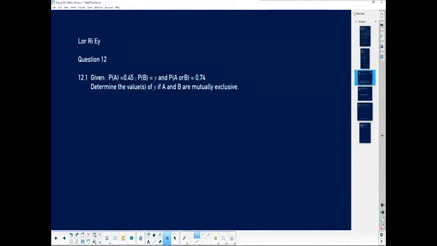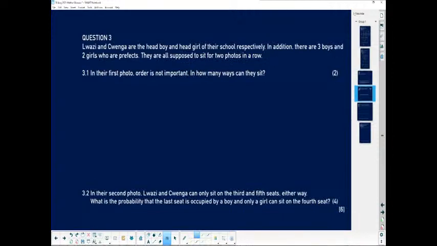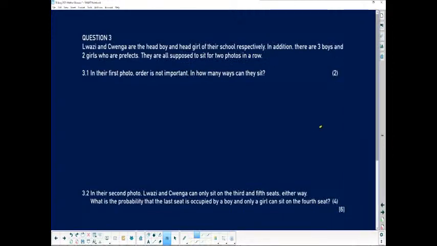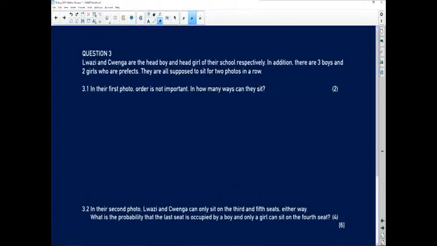We're now going to go to our next question. And this one is based on counting principle. Let's just see, because you have to always see how you work with counting principles when you have these kinds of questions. They're very basic, but they're actually interesting, because in grade 12, this is specifically what we always push you to learn how to work with. So do make sure that you understand what is going on when you have questions that are based on counting principle. This one says,